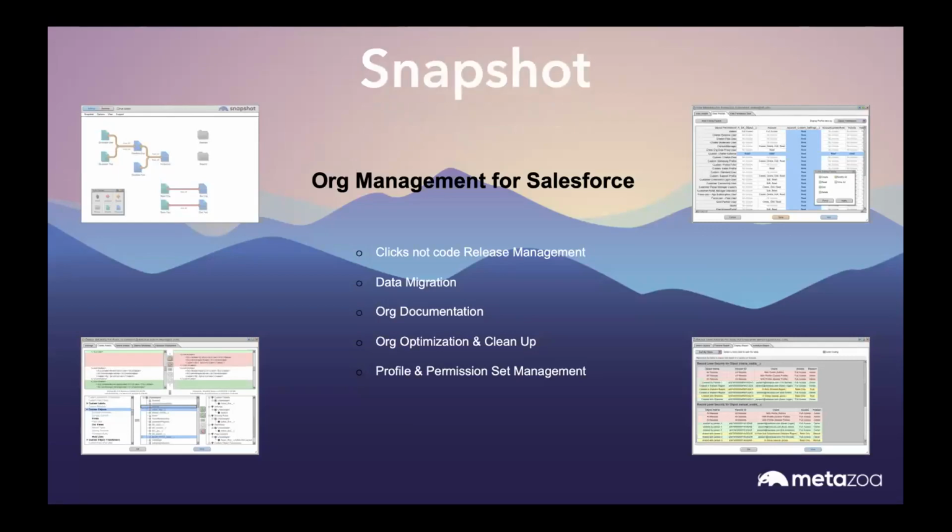Okay, so just briefly, the product that you're looking at today is Snapshot. Snapshot, we like to say that it's org management for Salesforce. It really had its roots in change and release management, and of course it still does that, but it's really grown to be a full-on org management tool, and it's really what I think makes Snapshot a very unique product